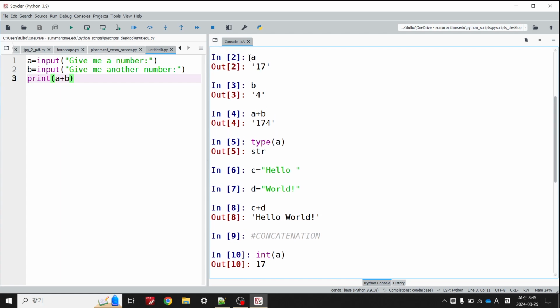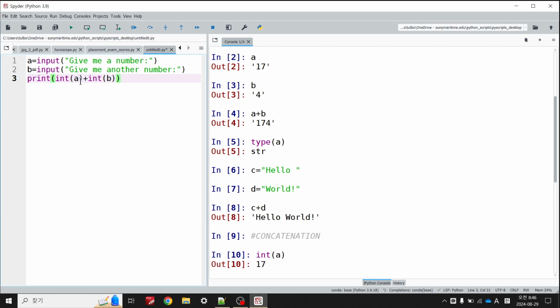Before, when I was asking what A was, there's a quotation mark around it, right? Which means that was a string, but now int A makes 17 as a number. Okay? So that means if I put int around A and int around B, it will first treat these two, A and B, two variables, take those strings, convert them to integers, and output